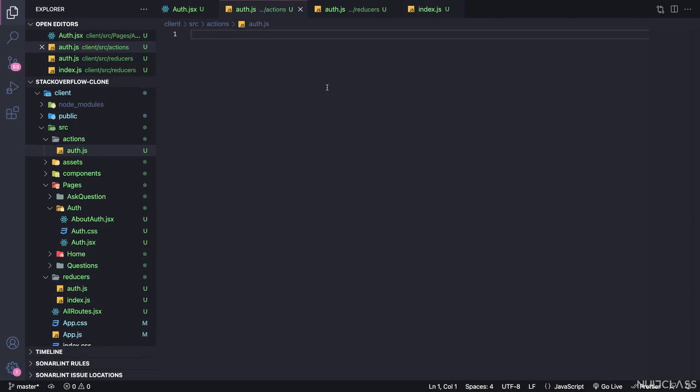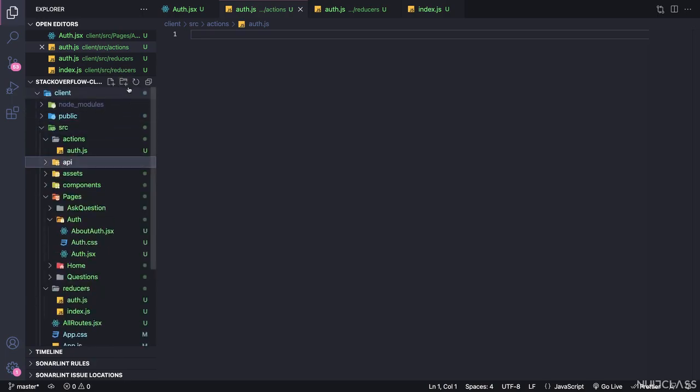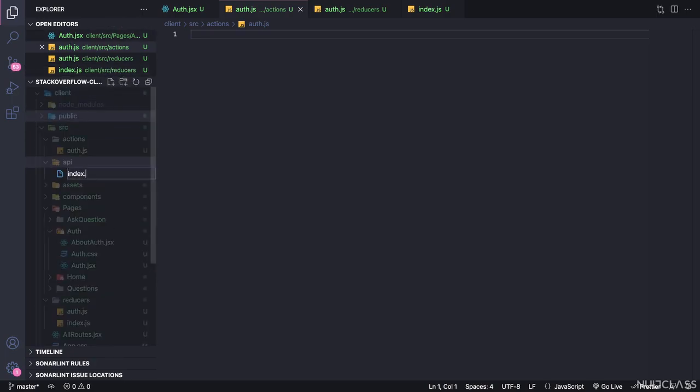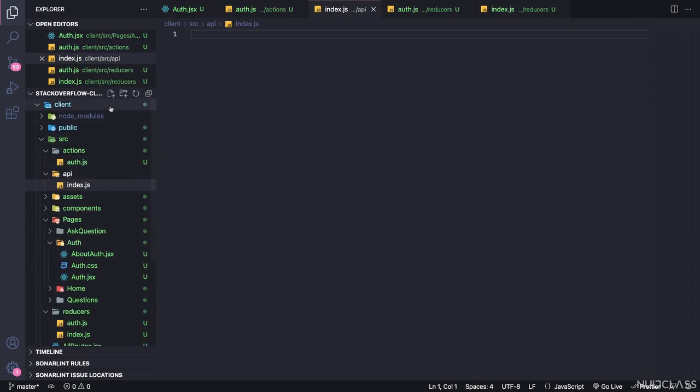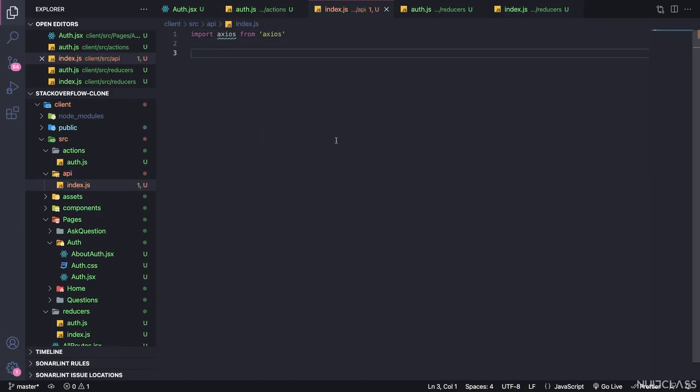we're just going to use Axios to handle requests for us, to send data to the backend as well as retrieve data from the backend. We're gonna use Axios. So I'm just going to make a separate dedicated folder for Axios called API, and inside that I'm going to have an index.js file. Inside this index.js file, I'm going to import Axios from Axios itself,